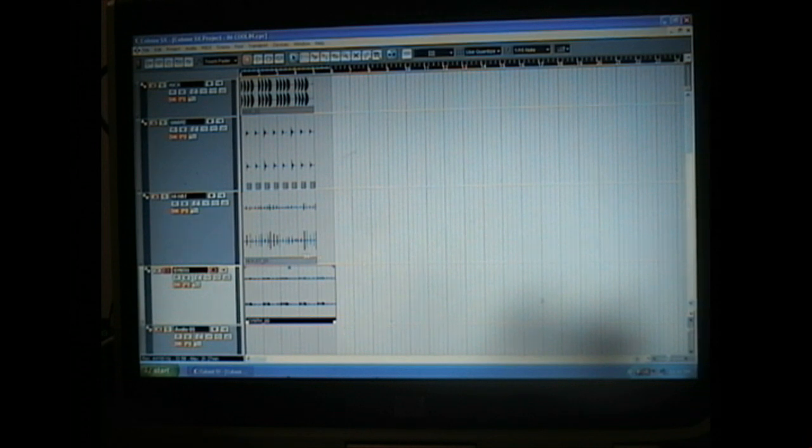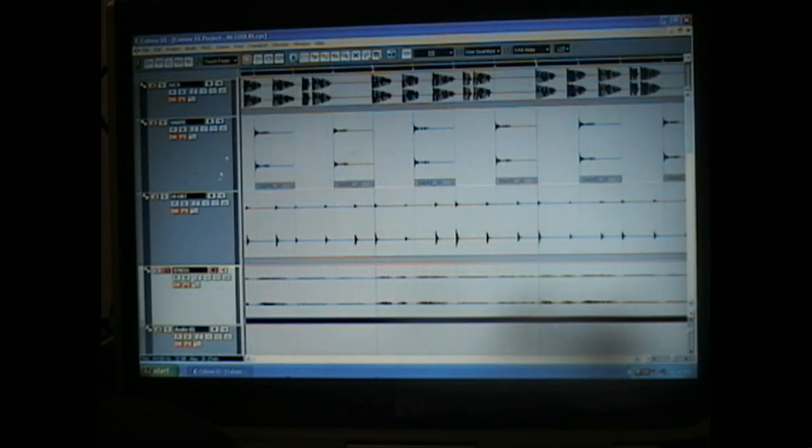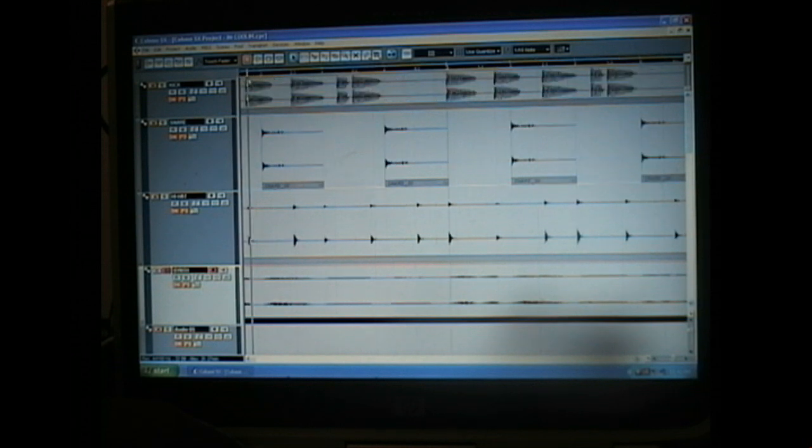So what I'm doing here is editing just like I did the kick. Wait a minute, no, I don't want to do that. I have effects on this, and so some of the effects were not captured at the beginning of this wave. I am going to sync it to go to the beginning,